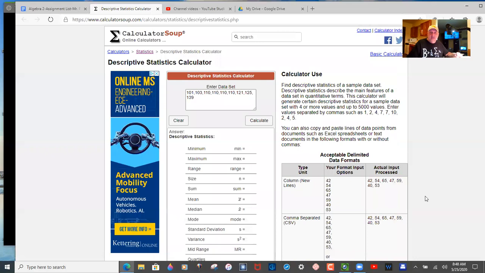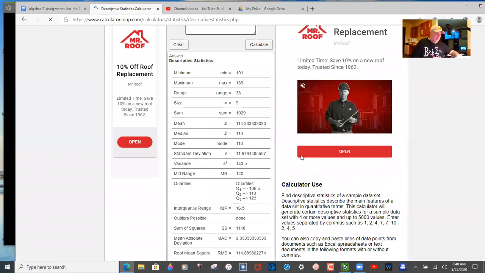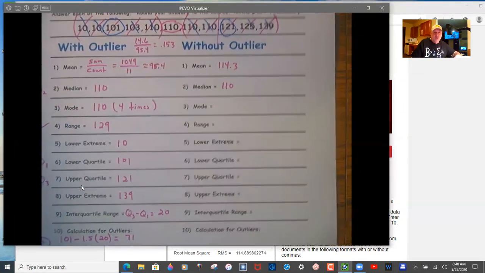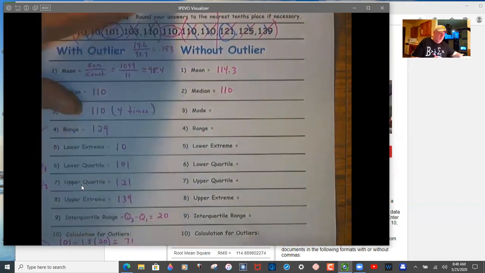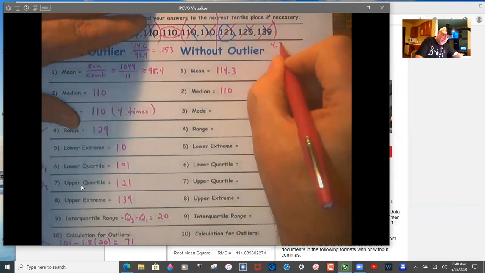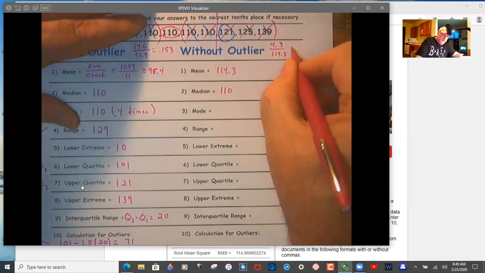And I'm just going to go to calculator soup here real quick. They're already entered in. I'm going to press calculate, and it's going to give me all the values I need. So 114.3, and the median is 110. Now we're going to do the same thing we did before. So you've got them all. I'm going to come back to my overhead. We're going to do the same thing we did up here. We're going to find the difference, which is 4.3, and we're going to divide by 114.3 to get a skewing